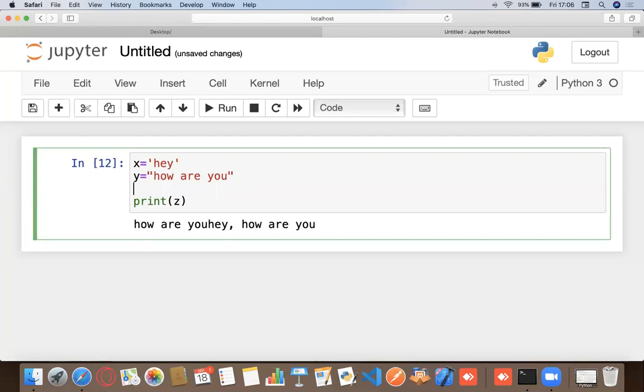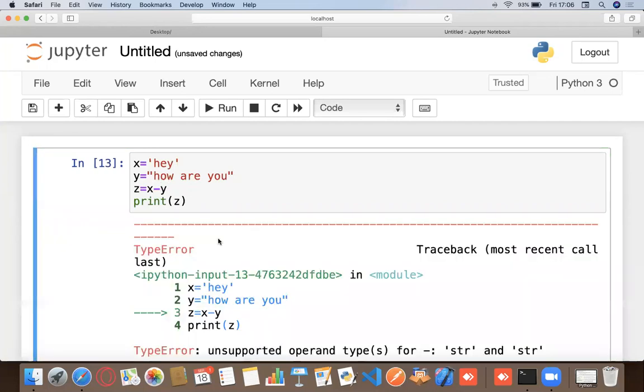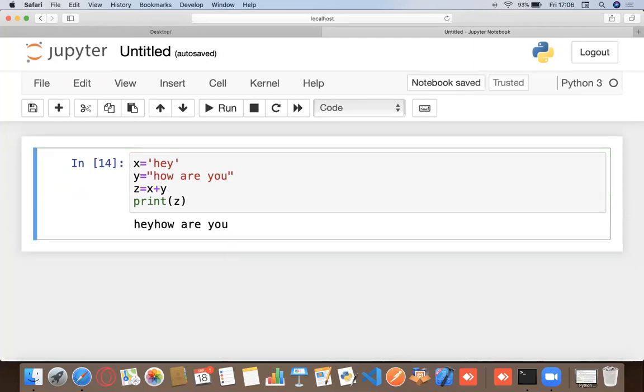Okay. So now what you guys need to keep in mind is I can't do something like this. It would throw me an error. You could only use the plus operator with the strings. And in case of plus, in case of numbers, it was called the arithmetic addition operator, right? It added stuff together. It added the numbers together. So it was called the arithmetic addition operator.